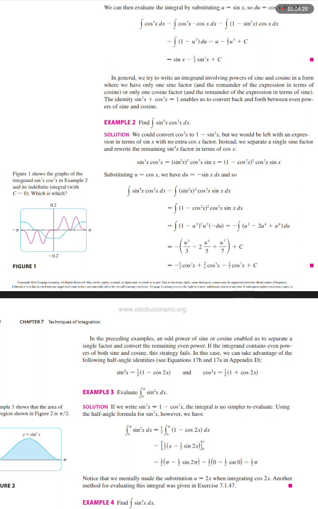Substituting u equals cosine x, we have du equals negative sine x dx, and so the integral of sine to the 5th power x cosine squared x dx equals the integral of (sine squared x) squared cosine squared x sine x dx equals the integral of (1 minus cosine squared x) squared cosine squared x sine x dx